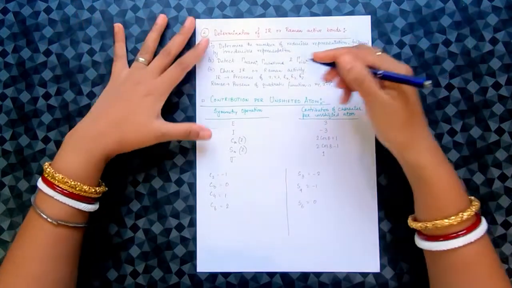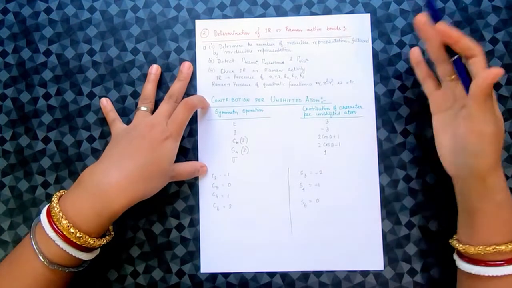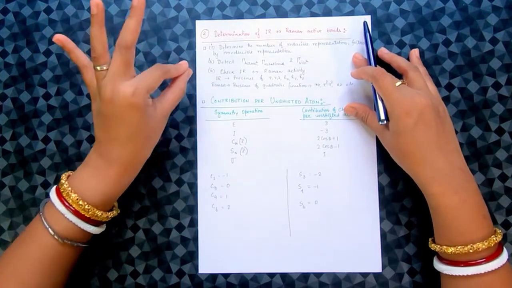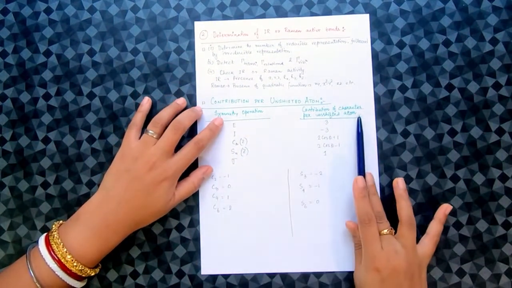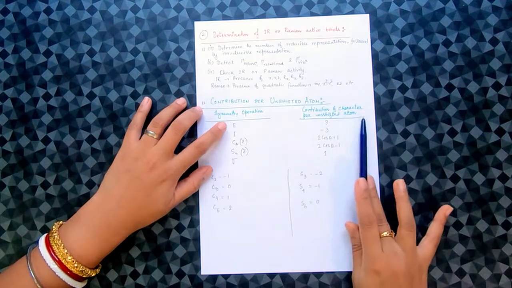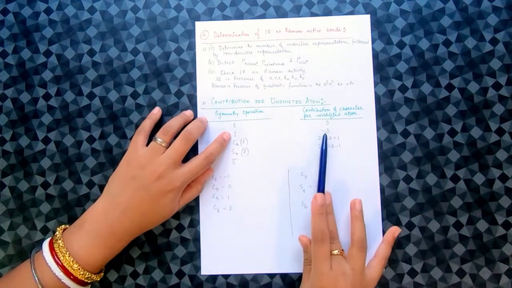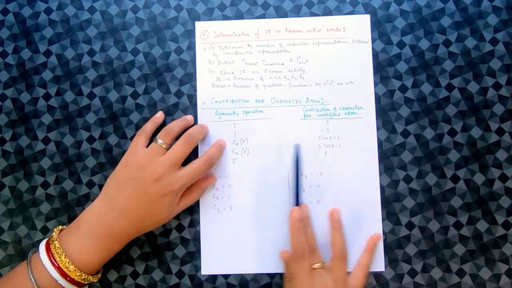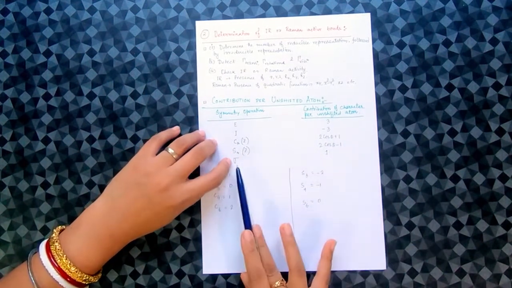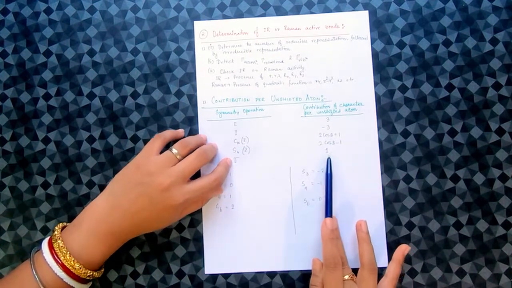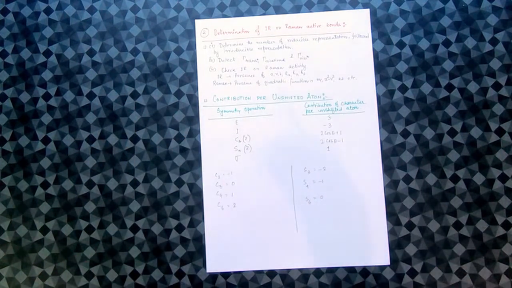Okay, so this is the formula. You can note this formula first. After that we'll start our calculation. So contribution per unshifted atom, this is the formula we need to know. So what are those? The symmetry operation and the contribution of character per unshifted atom is given. If it is E, identity, the value is 3. Inversion, -3. Cn, principal axis, 2 cos theta plus 1. Sn, improper axis, 2 cos theta minus 1. Sigma, plane of symmetry, the value is 1. Okay, so this table we need for deduction of the reducible representation.